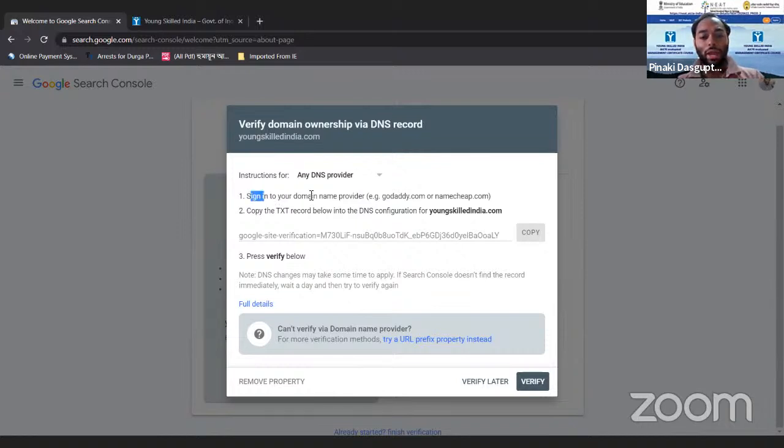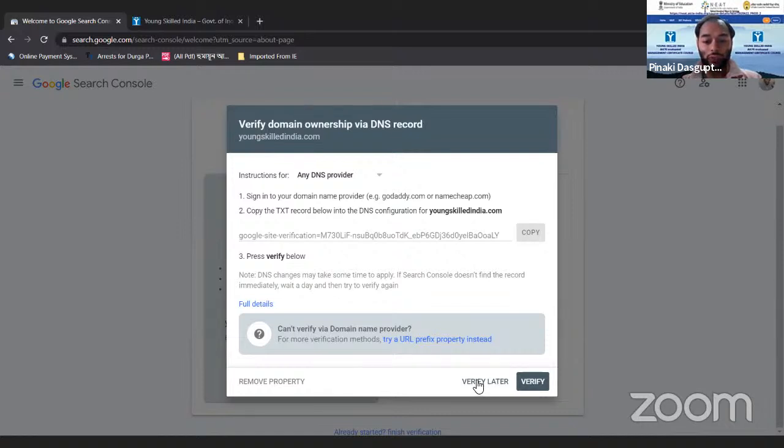What you have to do is sign into your domain name provider, which can be GoDaddy or anything. Copy the TXT record below into the DNS configuration. You have to copy this, then log into your DNS provider and provide it in the DNS server. It is a very complex process, because a lot of people are not aware of what DNS is and how it can be done.